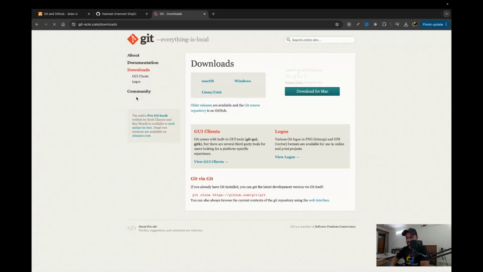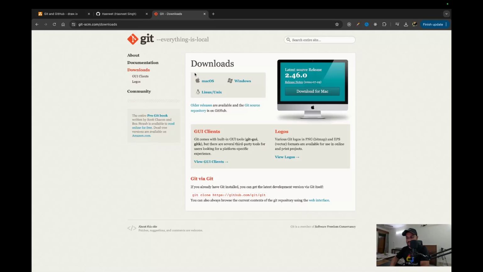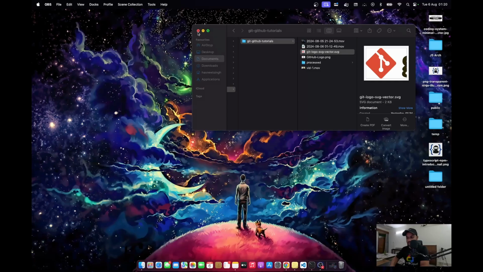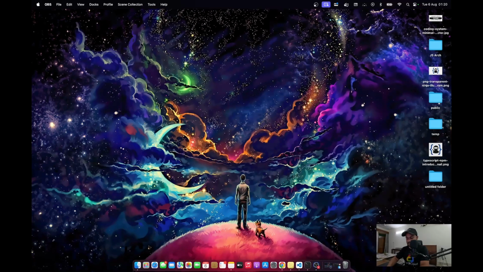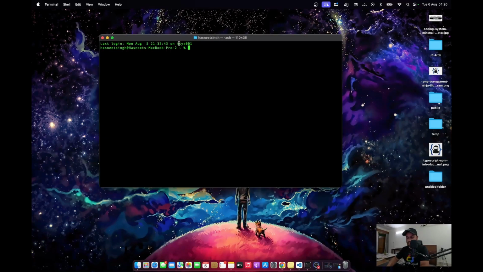the downloads. When you go to this website, you'll be presented with multiple distributions to download from. If you are running macOS, go for the Mac OS option. If you're on Ubuntu, you can go for Linux. If you're on a Windows machine, then go for Windows and download the utility tool respective to your distribution environment. When I say distribution environment, what I really mean is the operating system that you're running on your system. Download this, install it, and once you install this, you can navigate onto the terminal window